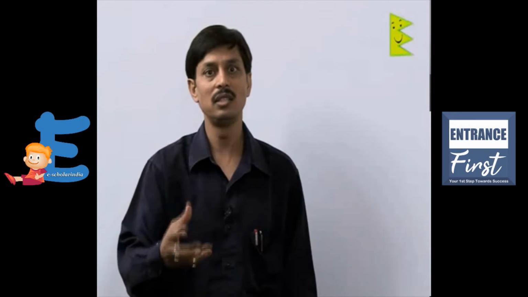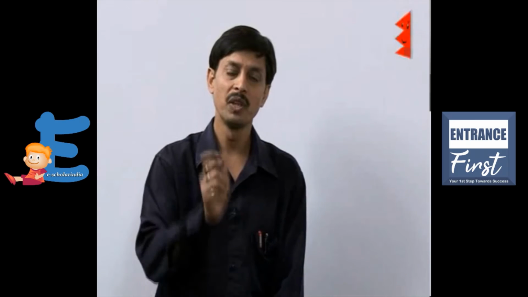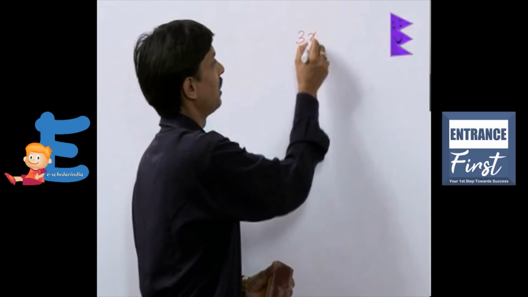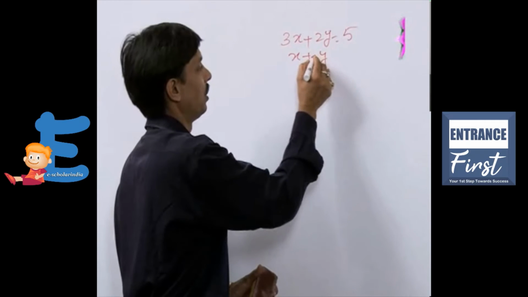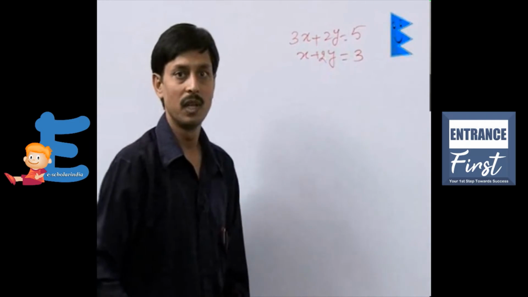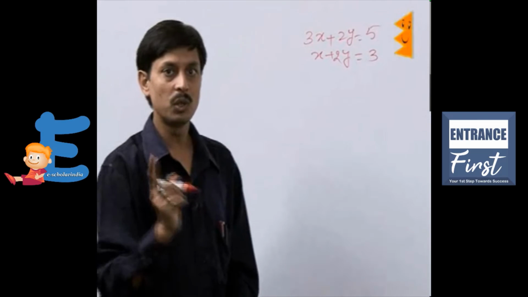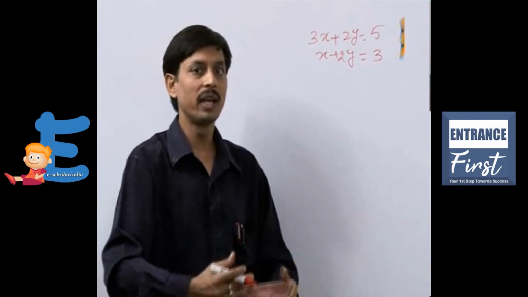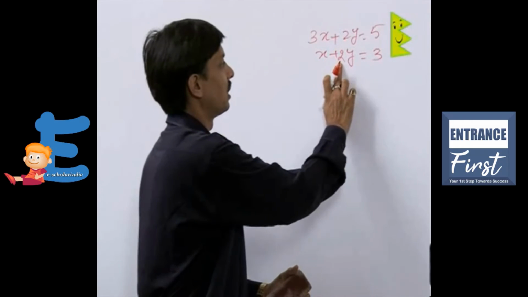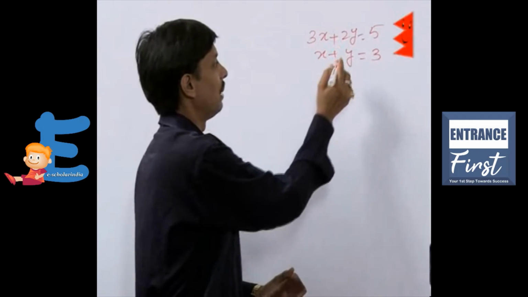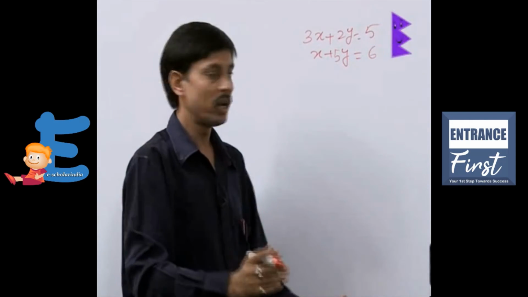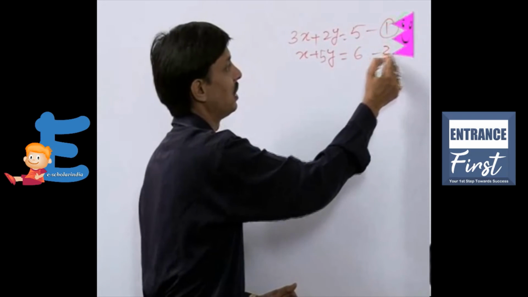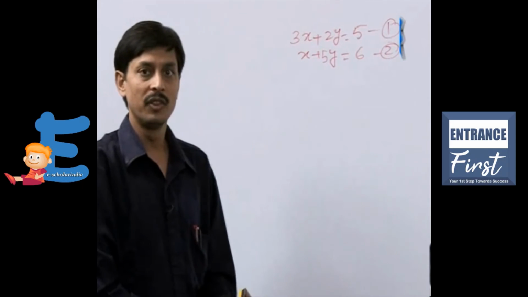we would like to tell you what the algebraic approaches are to solve simultaneous linear equations in two variables. Suppose the example is 3x + 2y = 5 and x + 2y = 3. To make the question more difficult, I am changing the variables: in place of 2 I am taking 5, and in place of 3 I am writing 6. So if I take this system of simultaneous linear equations in two variables, then first of all